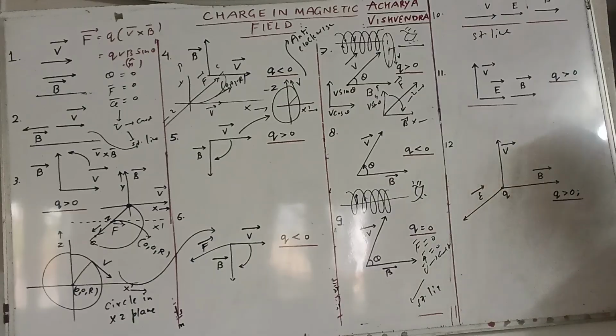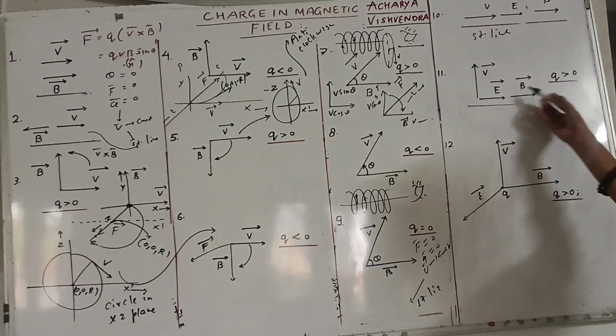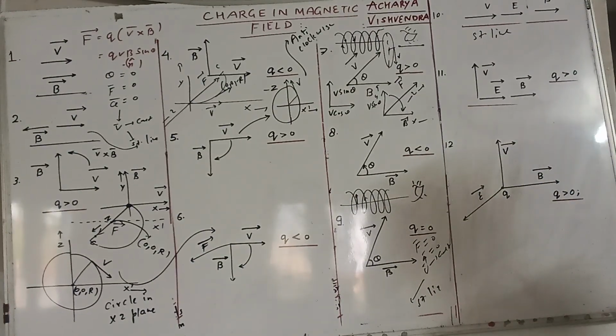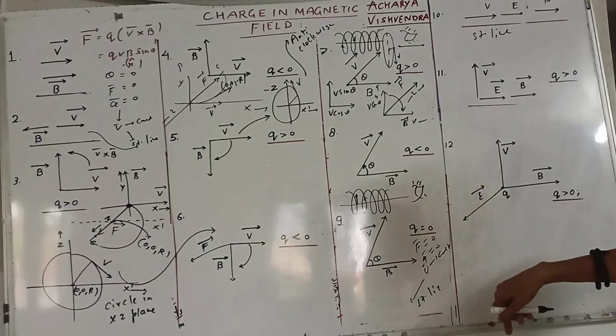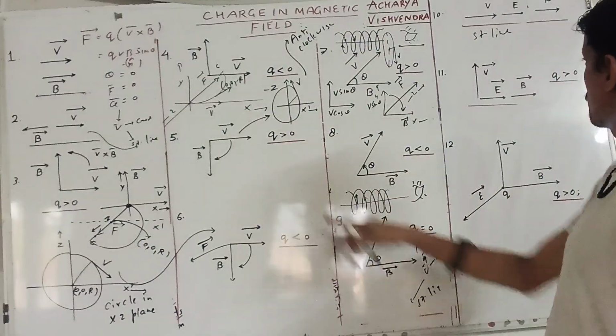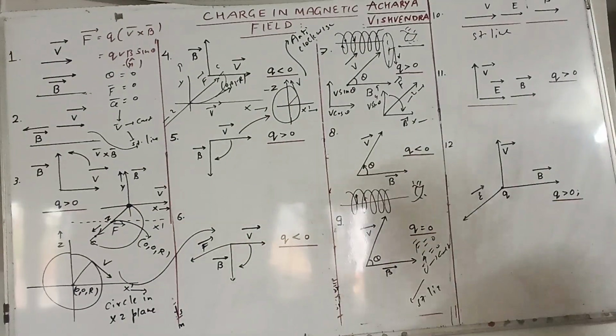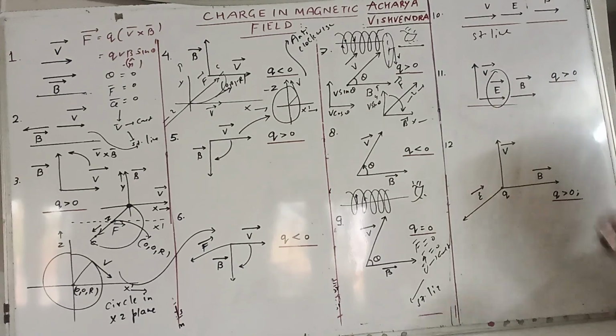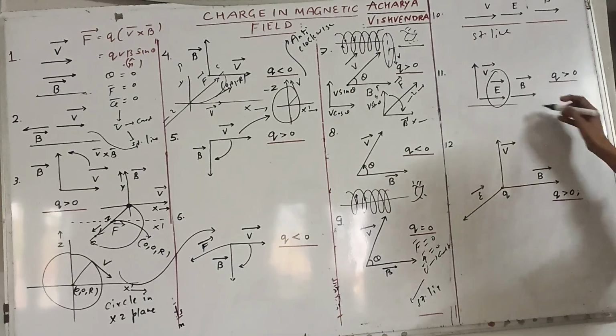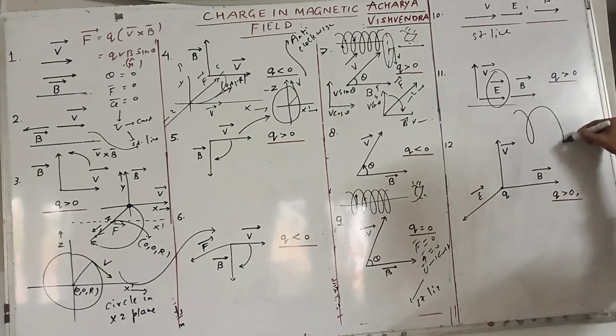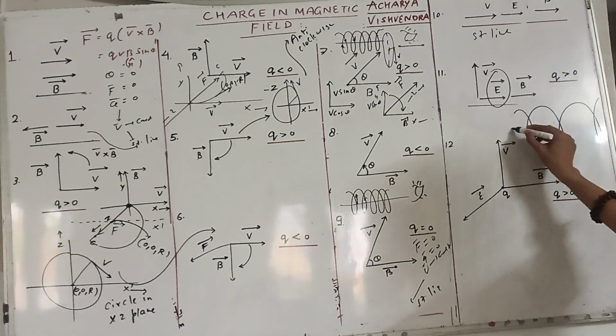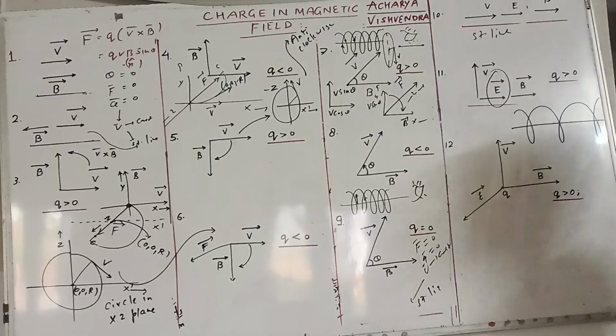Now there is another interesting case. Velocity, electric field, and magnetic field are given over there for a positive charge. So the locus is the same as in this case, but here the difference is that the electric field will certainly increase the magnitude of the velocity. So it will be a helix, but with increasing pitch,